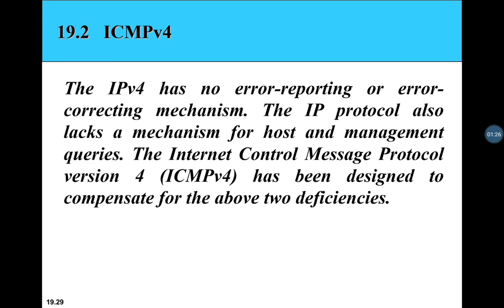like if a router has to discard a datagram or a packet because it cannot find the exact route to the final destination, or the time to live field has a 0 value in the datagram format. You have seen that in the 9th byte there is a time to live, TTL, field. If that value is 0, or if the destination has not received all the fragments within the predetermined time limit, all those are considered to be errors. Now, to report all these, there is no built-in mechanism.